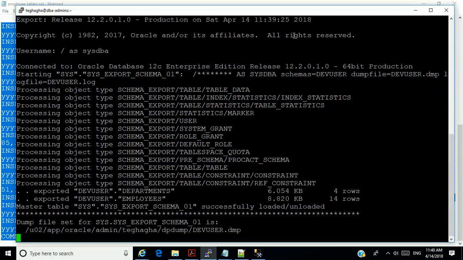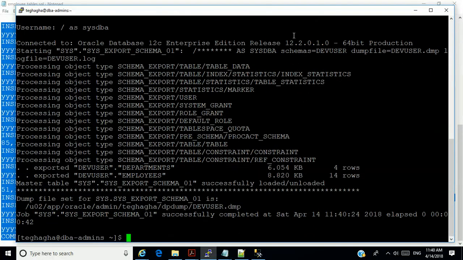So you can see it has exported the objects correctly, all right, the right way. But you can see everything was exported to another location.